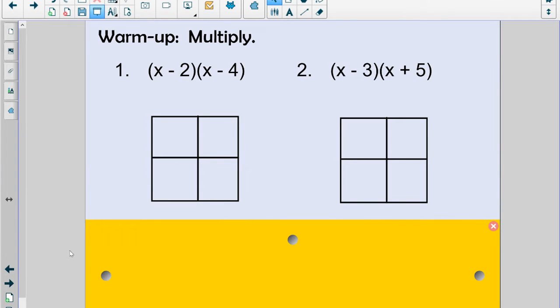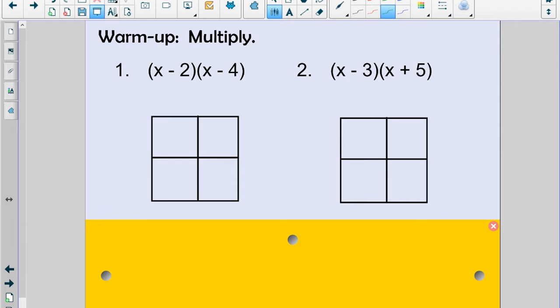All right, our next item is going to be to look at factoring trinomials. Okay, so when we have three terms, in order to factor trinomials, it's important to go back to a previous unit when we multiplied polynomials together, multiplying binomials specifically together. So as a quick warm-up, let's take a look at multiplying these binomials together using the area